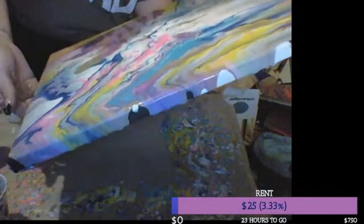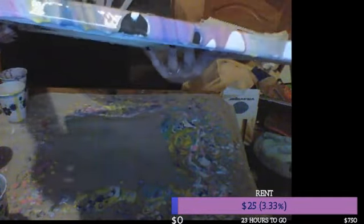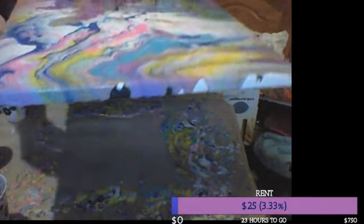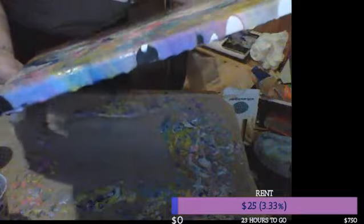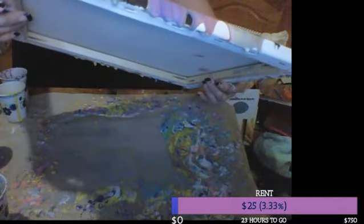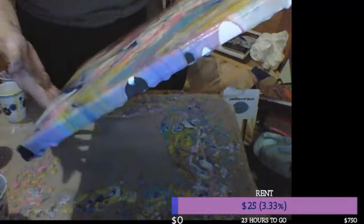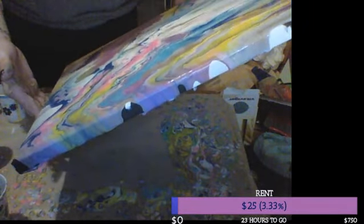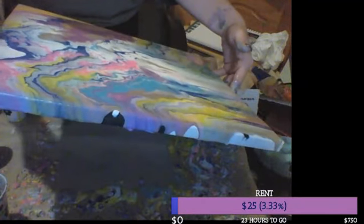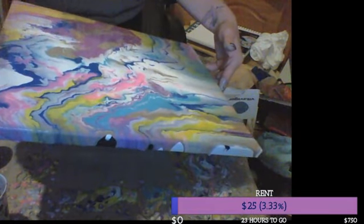I think this is going to turn out really cool based off of the way everything is swirling. And that's the fun part, when you get to where it's actually on there, everything's not rushing to get off of it at this point. You can manipulate by slowly rocking and tilting, being careful not to touch the edges. And if you want more of that white to cover, which I do,